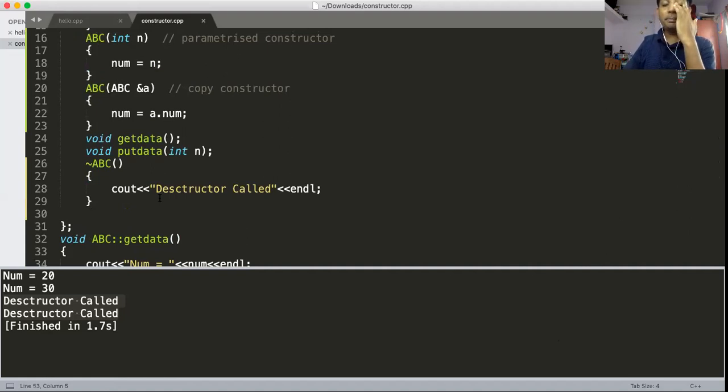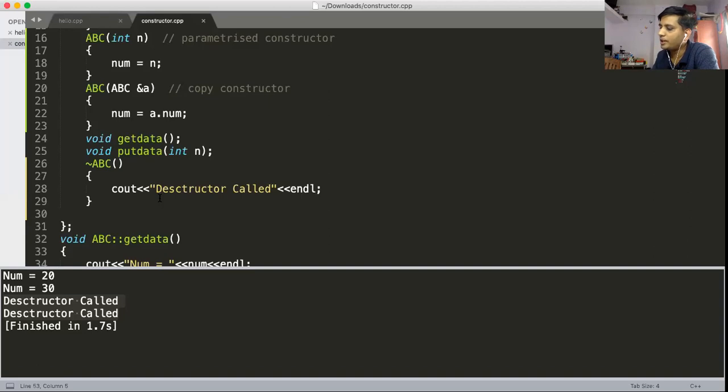If you have pen and paper, you can note down all the important points that I am telling you. Otherwise, all the points are available in Balaguruswami. You can refer to the Balaguruswami book for these definitions. I always refer to that book, a very good book to clear your C++ basics.